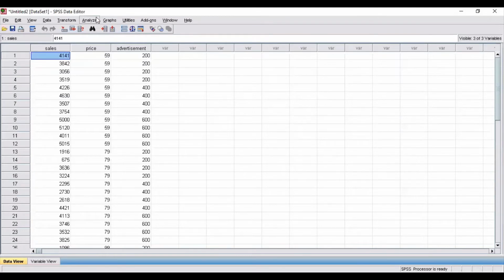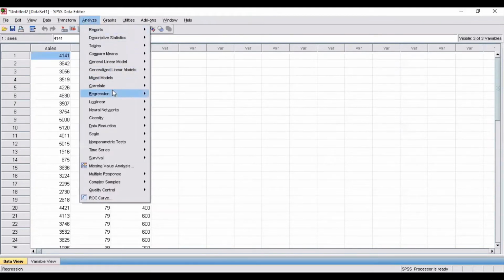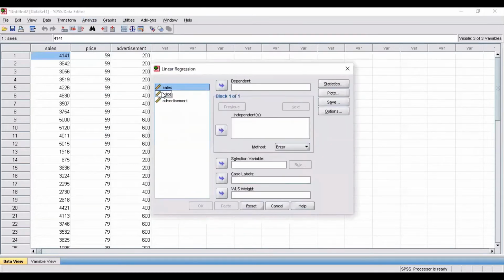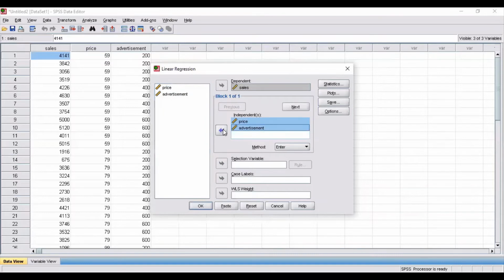You need to go to Analyze first, then Regression and Linear. In this dialog box, you need to drag your dependent variable in the respective box and the independent variables in the corresponding box. Since sales is the dependent variable, drag it in this box and all the independent variables in this box.